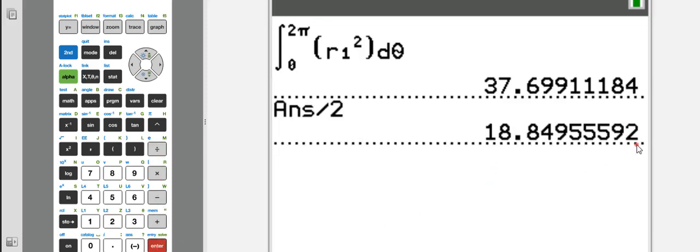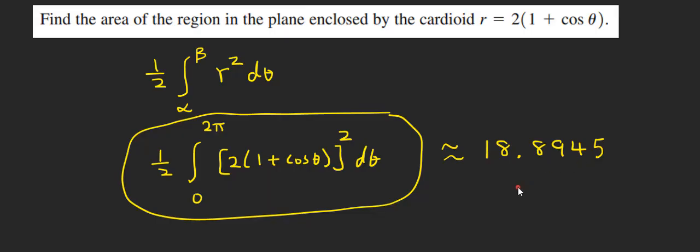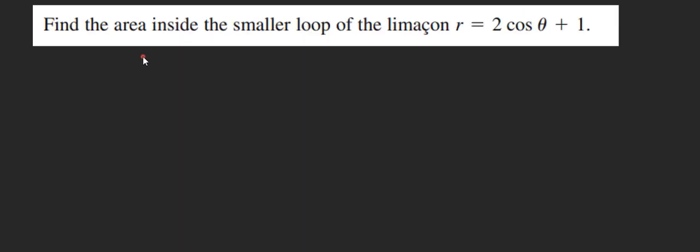And that is your answer. It's 18.8495. Now on the AP test, setup is very important, and if they let you use a calculator, and most likely on polar they will let you use a calculator because it is very difficult to do without the calculator. Now, the next example says find the area inside the smaller loop of the limacon r equals 2 cosine